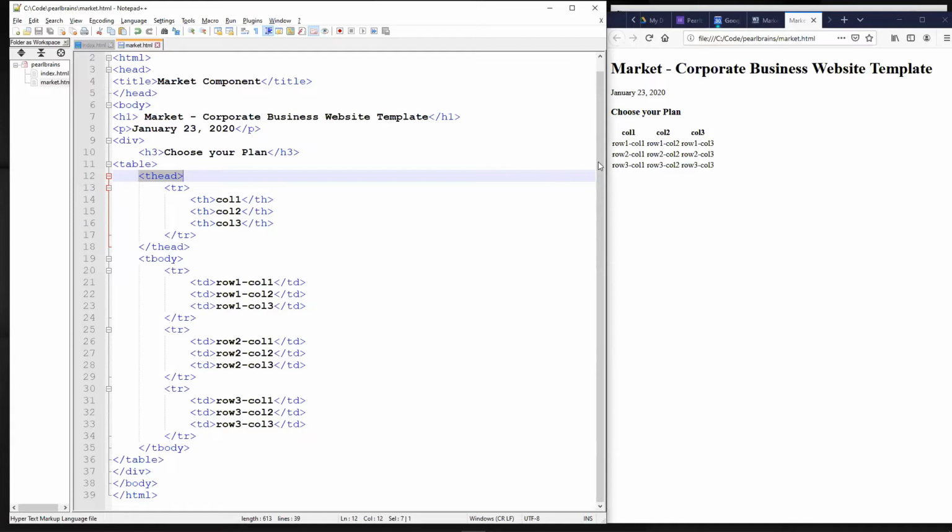But even the T head, or the heading of the table, has a row. So these columns, column 1, column 2, and column 3, are in a row. I think you can see them. This is a row. So inside the T head, we need to first create a row, which is created by TR, which stands for